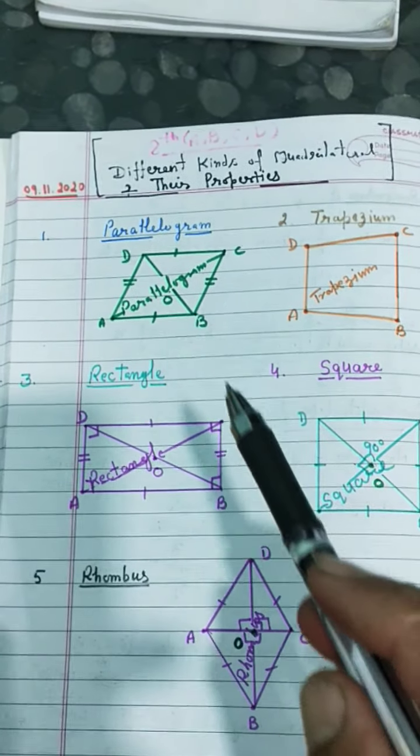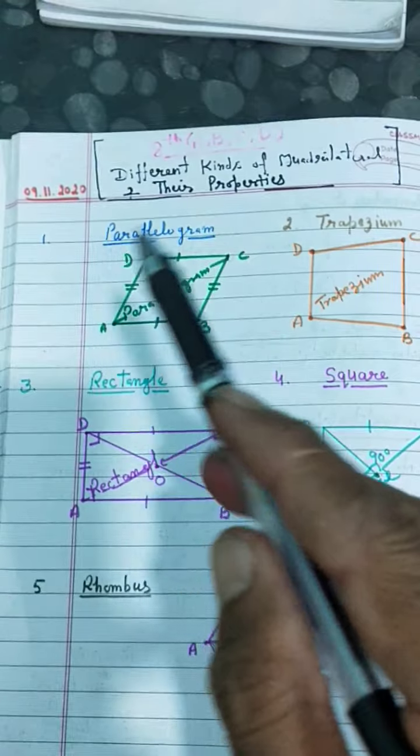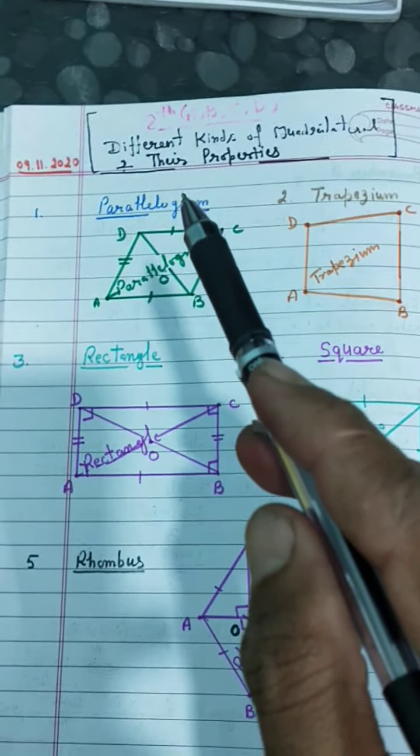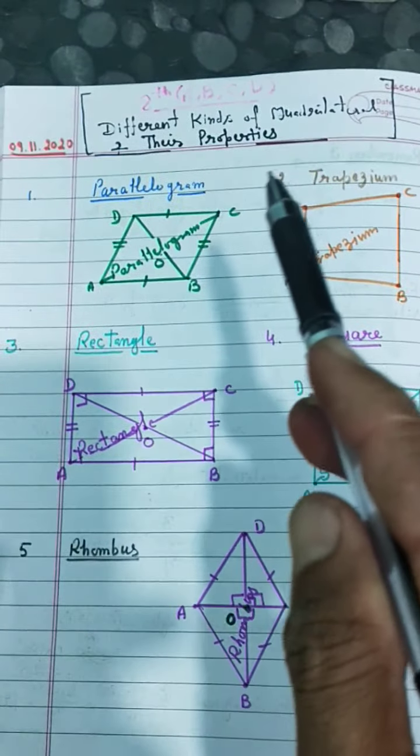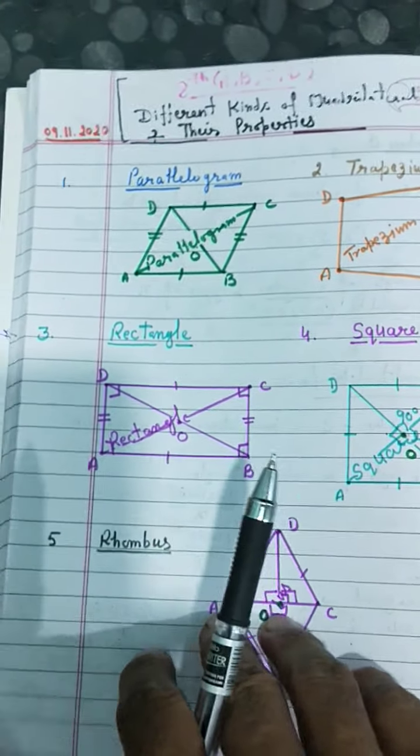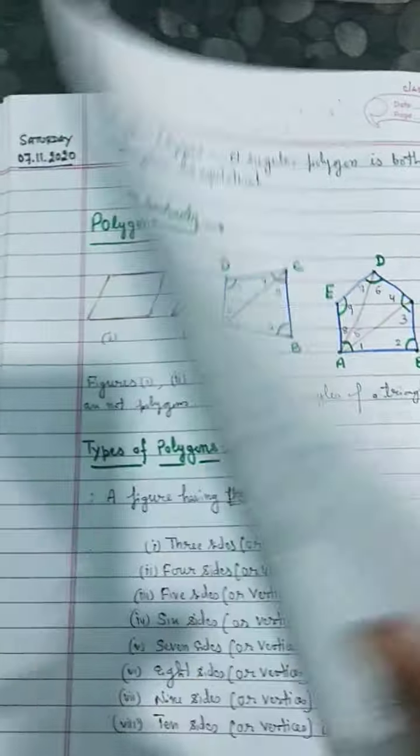Yes, good morning, children. Today, 9th of November. Today, our topic is different kinds of quadrilaterals and their properties. So, before today, we have to discuss about